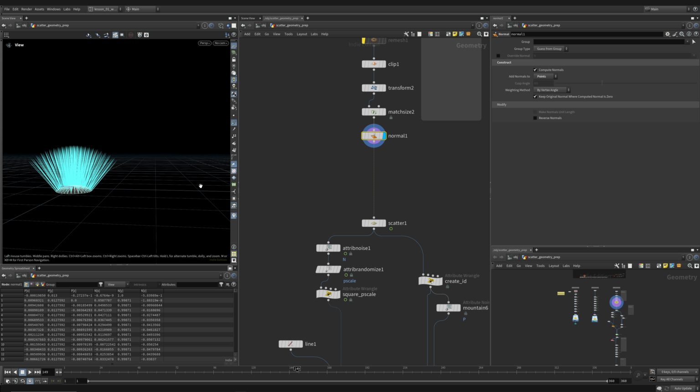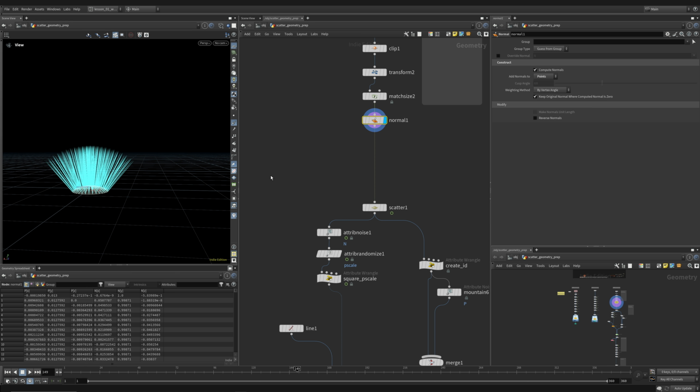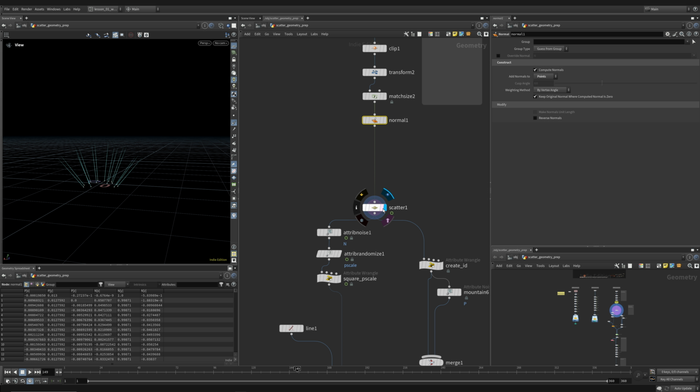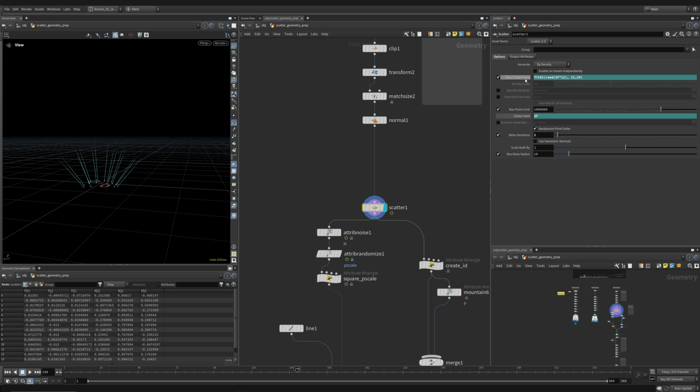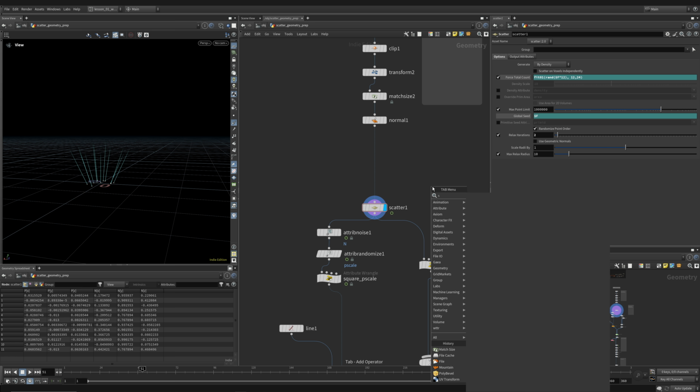There's other ways to do this. You could do this with Wrangles, VOPs. You can do it any way, but I chose to do it this way. I scatter points, and here is a new expression I'll show you, but I set the seed to frames, and then for the total count, I set another variation, another expression. So this one